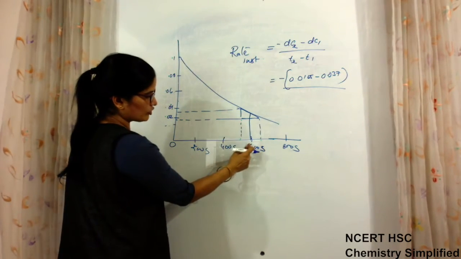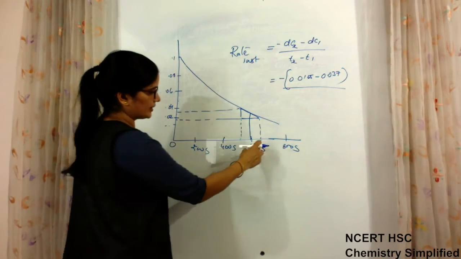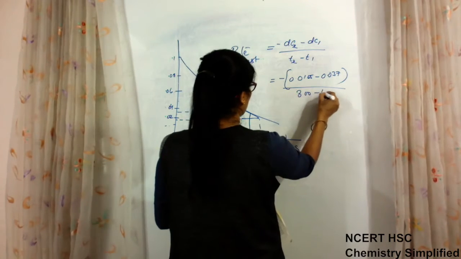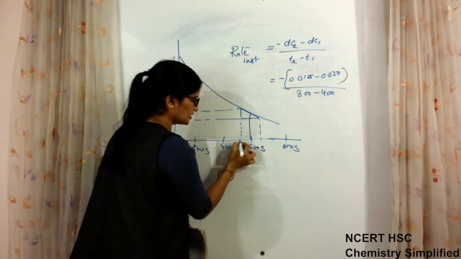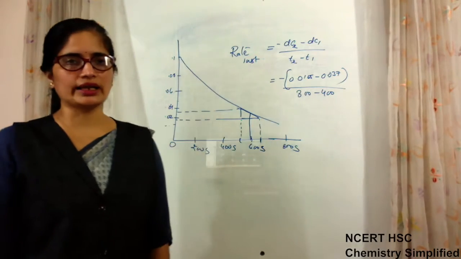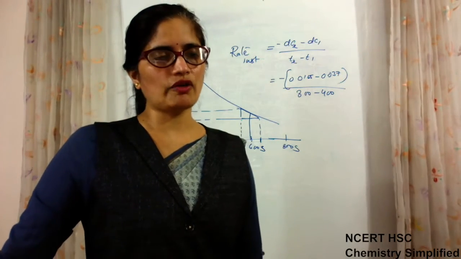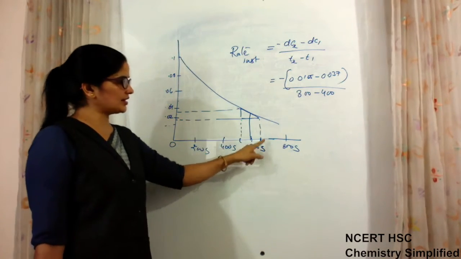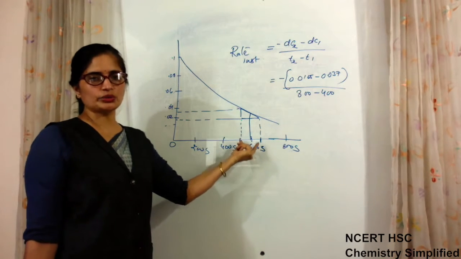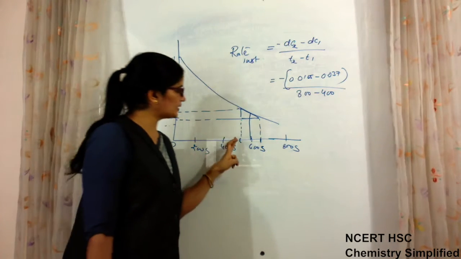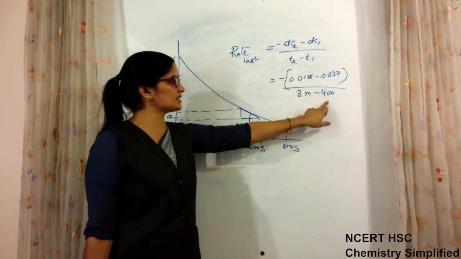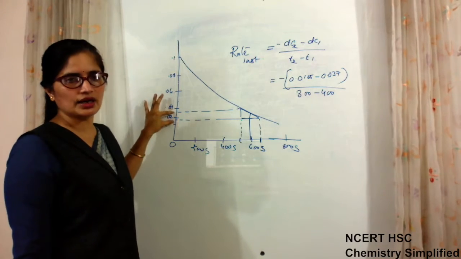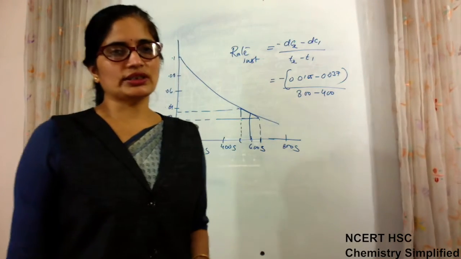So at 600 we have to find it is between 400 and 800. So two timings which are there are 800 minus 400, or wherever this is touching the graph. These two points you will have to take. Then only you can find out the value of instantaneous rate. Means in graphical representation where these lines are touching, you will be given those values according to the divisions that can be calculated, and then you will find out the instantaneous rate by subtracting the time values as well as two concentration values where these lines are touching the graph.